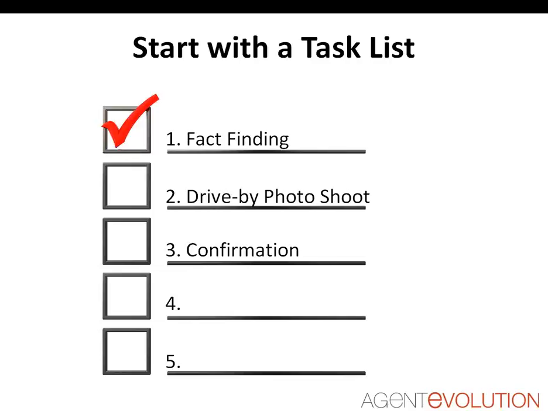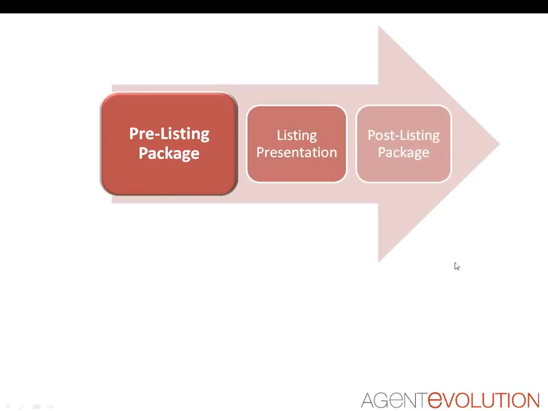And so that brings up a point that I would like to make, and that is, although I'll be going over these components today, I want it to be clear that you really need to bring your own flavor, your own personality, your own expertise to these different components and do what's right for you. These are components, these are suggestions, and you want to be able to take them and run with them. And so your task list may look quite different than mine, but it is important to start with that prior to pre-listing. So now let's take a look at those pre-listing package components.